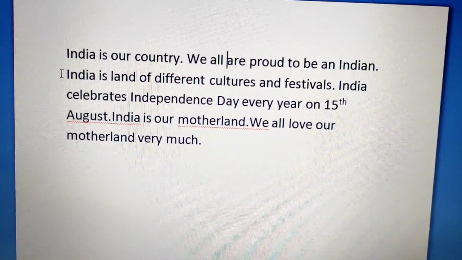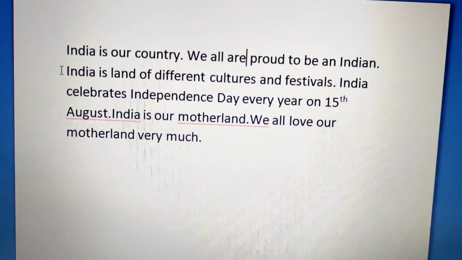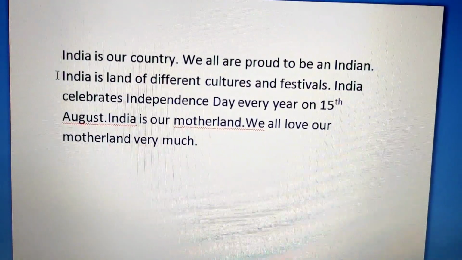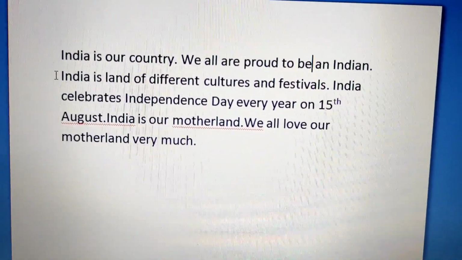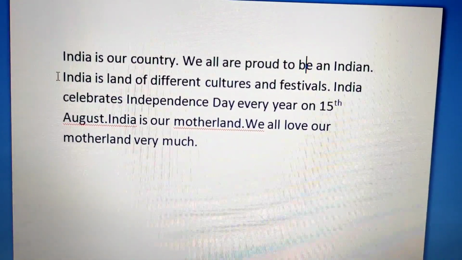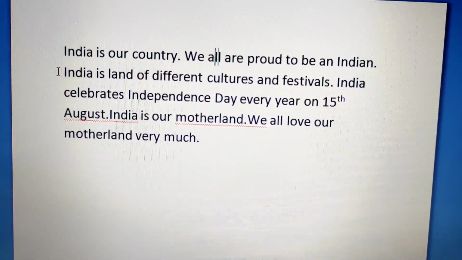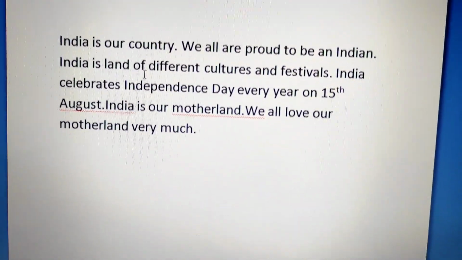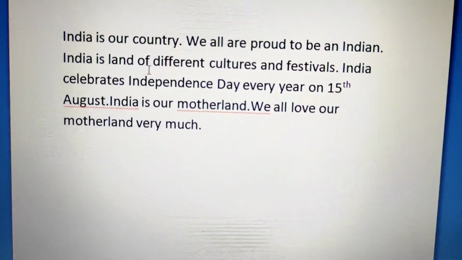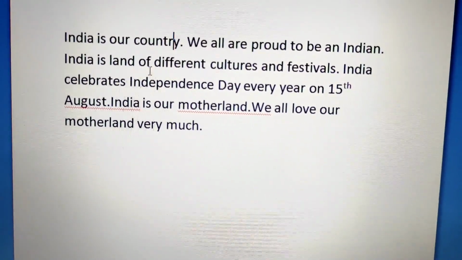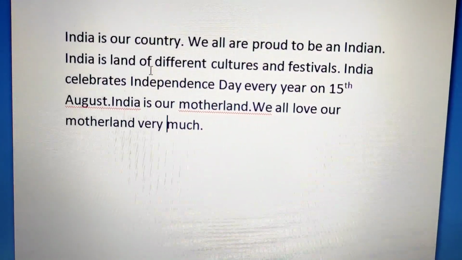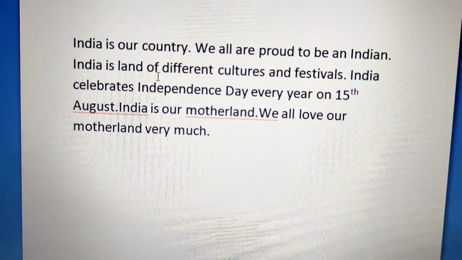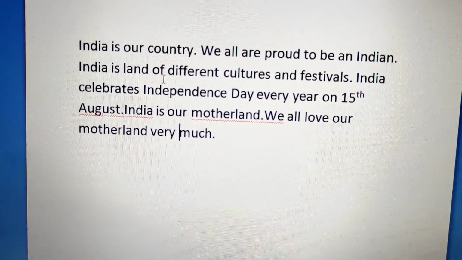It is moving the cursor to the right. And if you press left arrow key, you can see the cursor is going to the left side. Now let us see down arrow key. If you press on down arrow key, you can see the cursor is moving towards down. Now let us see the up arrow key. If you press on up arrow key from the keyboard, you can see the cursor will go towards up.